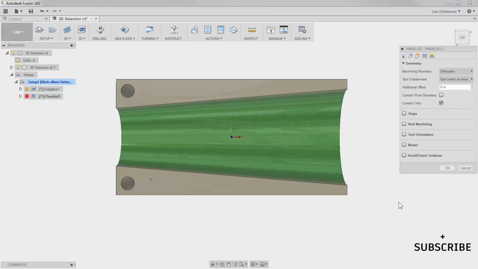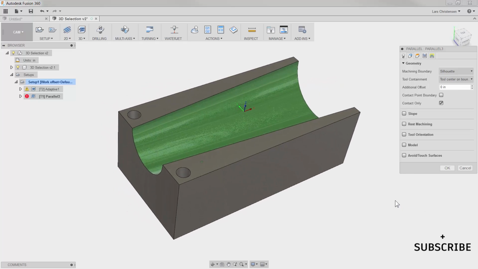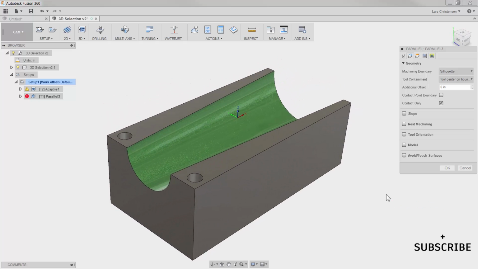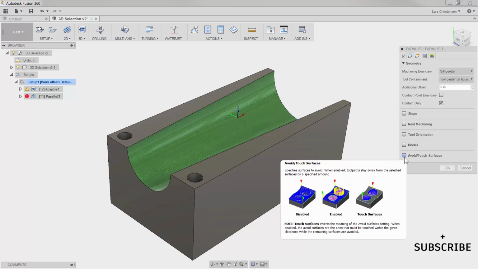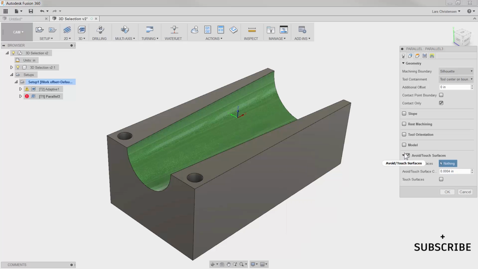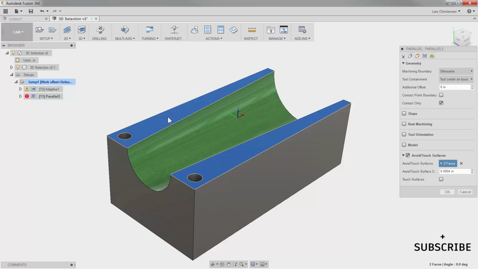So the first option I want to show you for how you can contain your tool path is going down to the bottom here, where you have an Avoid Touch Surface. Right now, when we are casting a silhouette on top of the part, you will see that we machined the whole entire part. But if I check Avoid and I check these two surfaces here, just select these two and hit OK,